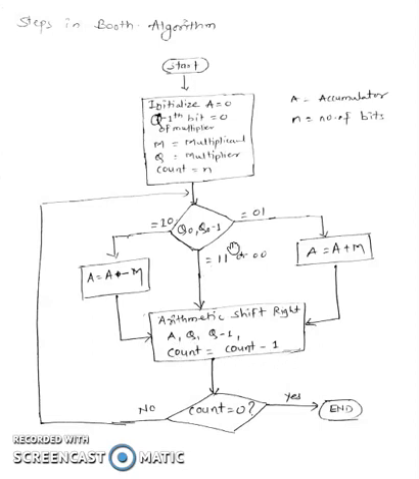And one more condition you have to check. This is a very simple condition. If the Q minus 1 and Q0 bits are 1 1 or 0 0, there is no need to perform any addition or subtraction. Directly we perform the arithmetic shift right and decrement the count. When the count reaches 0, we have ended the multiplication operations. If the count is not equal to 0, go back again and compare the next two bits.